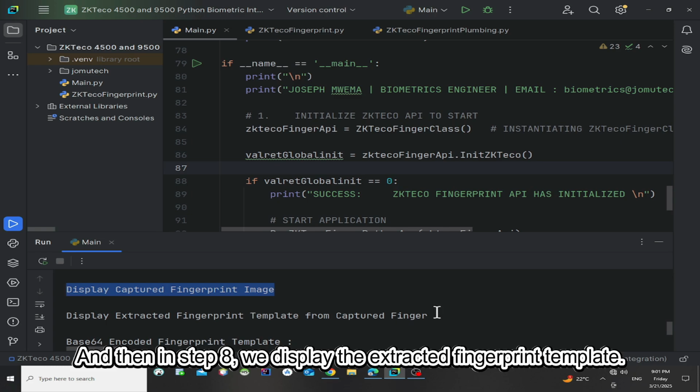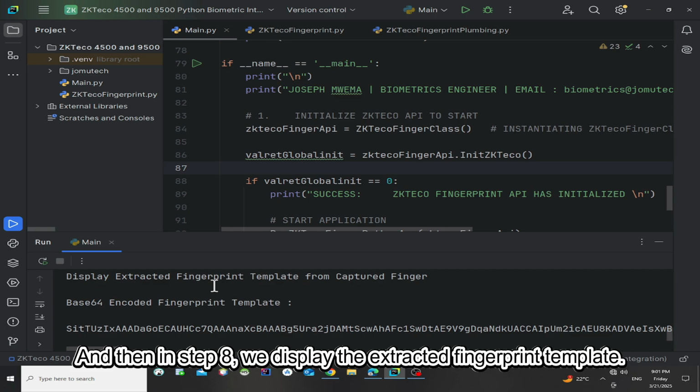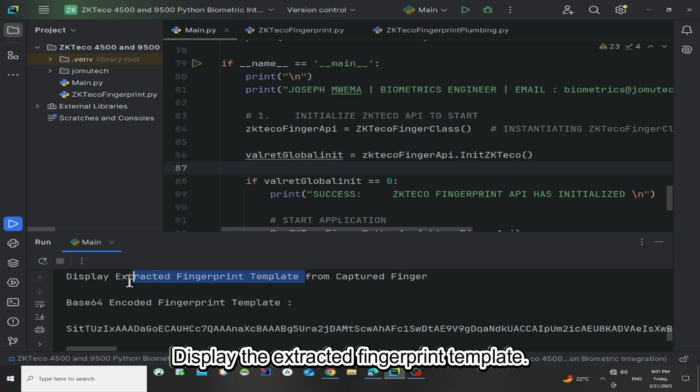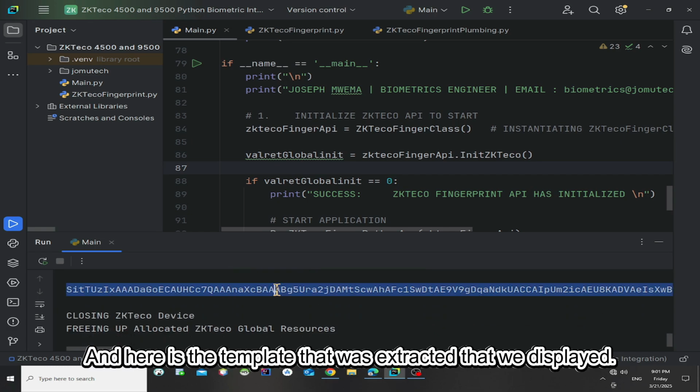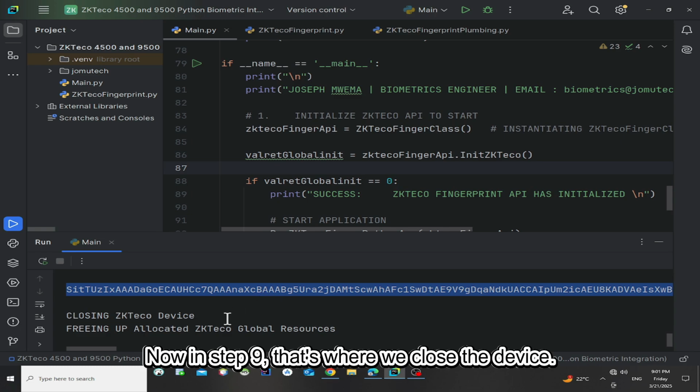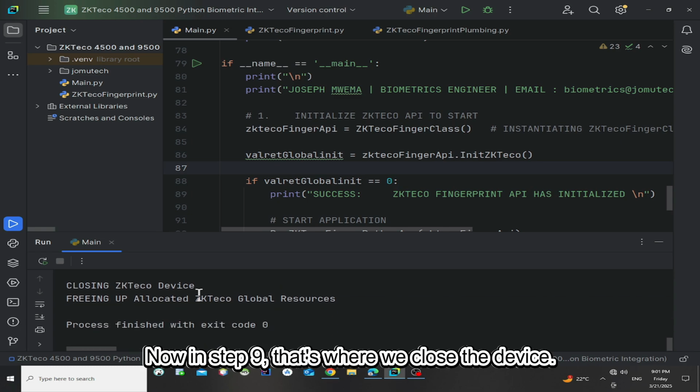And then in step 8, we display the extracted fingerprint template, and here is the template that was extracted that we displayed. Now in step 9, that's where we close the device, and that's why you see this message here.